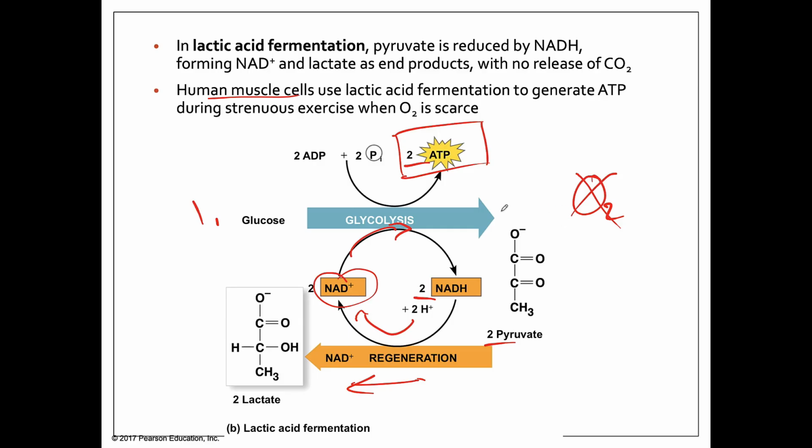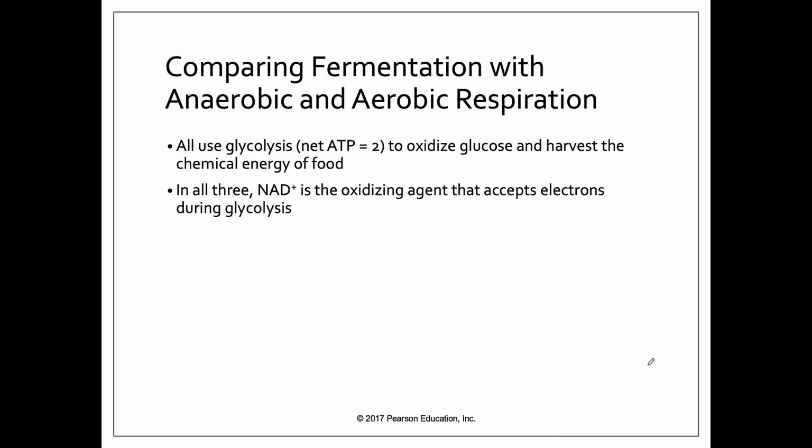Eventually, after you stop exercising and you start breathing again, the liver will turn lactate back into pyruvate later on and allow pyruvate to go over to the citric acid cycle and the electron transport chain. But both of these processes, cellular respiration and fermentation, all start with this process of glycolysis. So the very first step, no matter where you go, is to do glycolysis, make your 2 ATPs, your pyruvate,